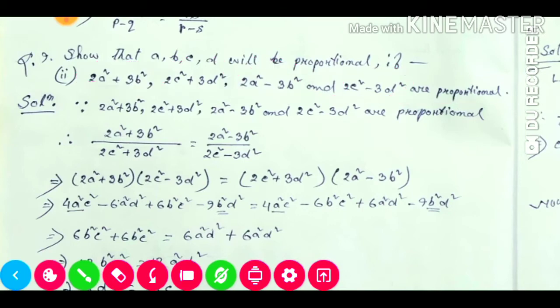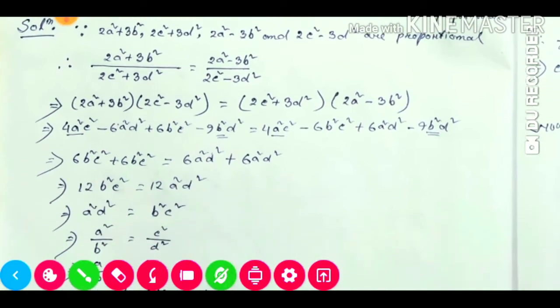Now we will do cross multiplication. This one into 2a square plus 3b square, and this part into this one, 2c square plus d square, into 2a square minus 3b square. Now we'll multiply 2 and this 2: 2 times 2 is 4, and a square c square. The first part is finished. Then with this one, 2 times 3 is 6, and here it is minus, and before the other nothing means plus, so plus minus will be minus. And 2 into 3 is equal to 6 and a square d square. So this part is finished.